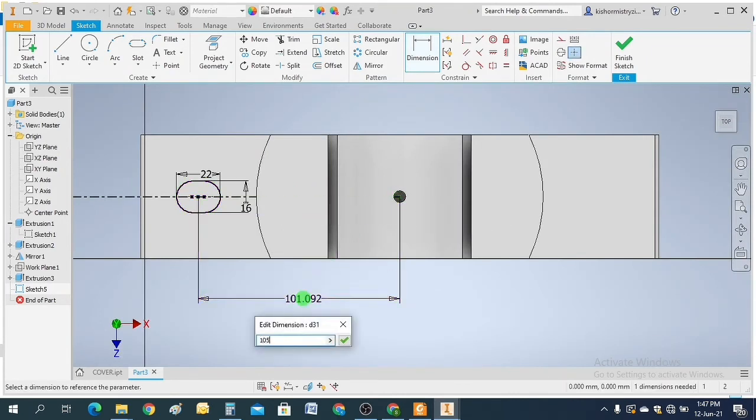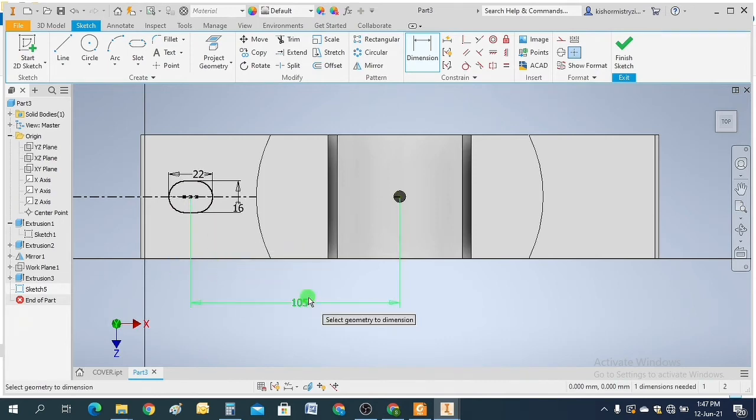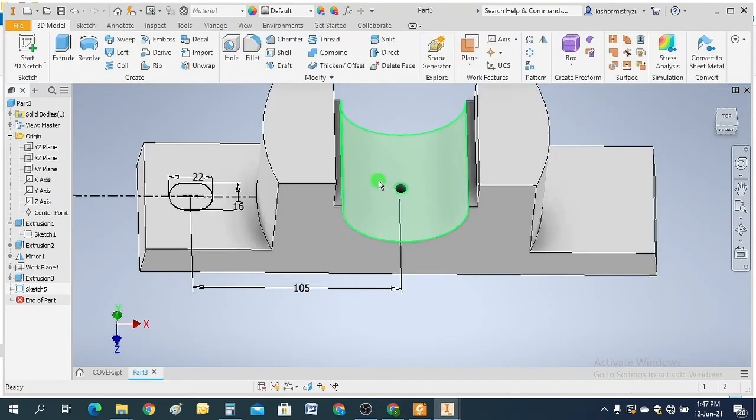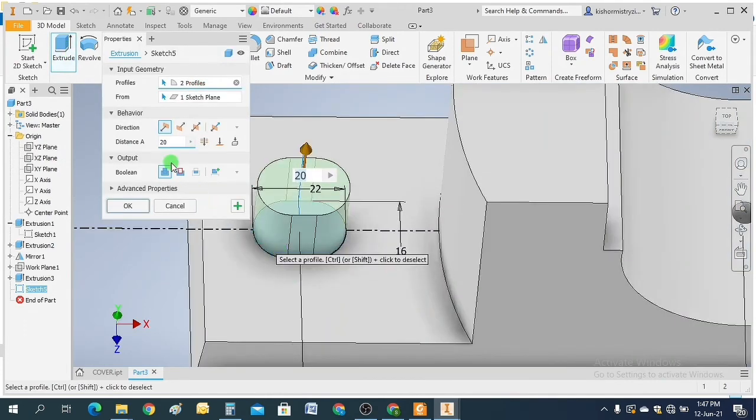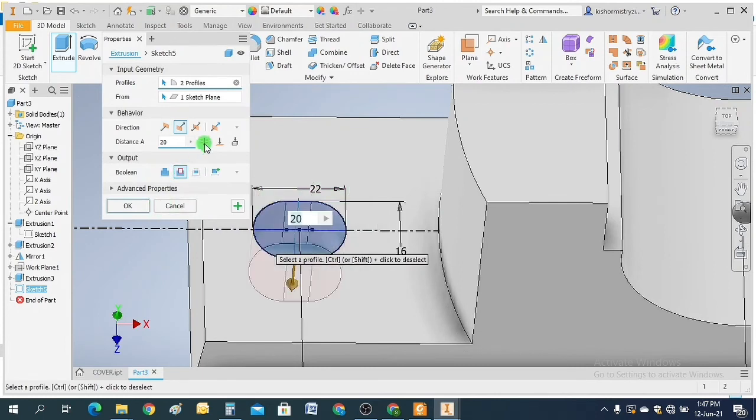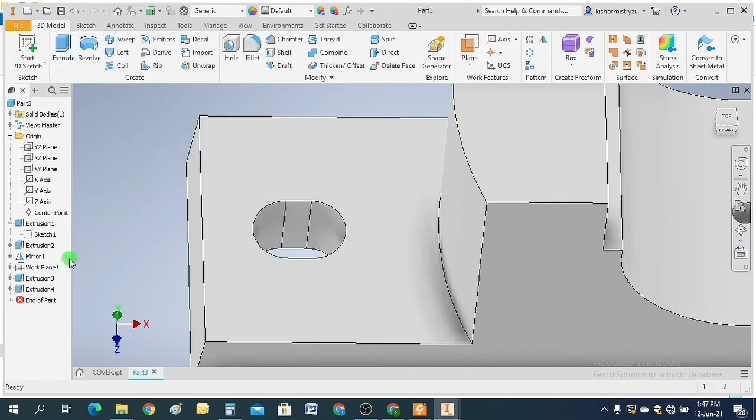You can see the sketch has been constrained. Finish sketch, remove the material through all, OK.